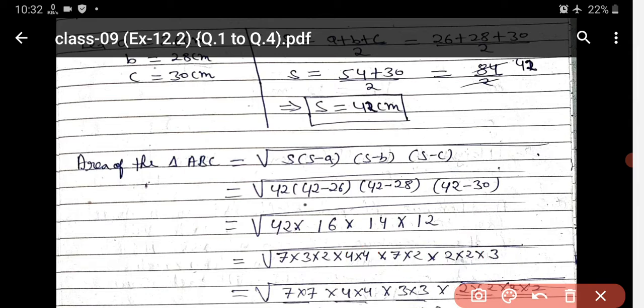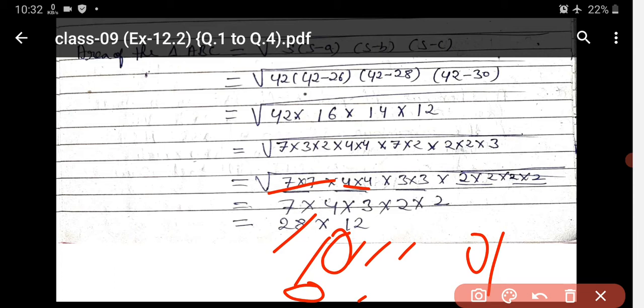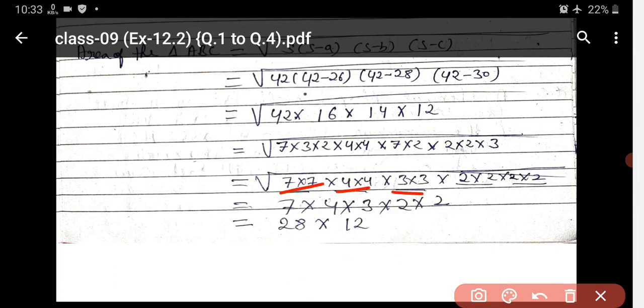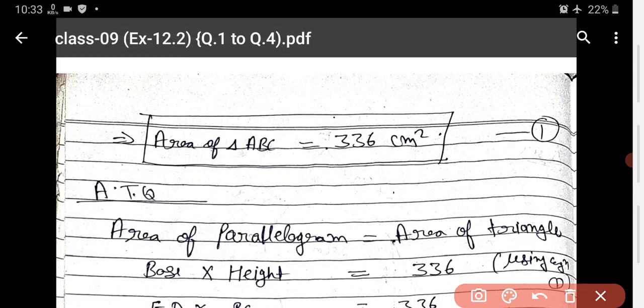Now just make pairs. One 7 and another 7, write 7 7 together. One 4 and another 4, 4 4 together. One 3 and another 3, 3 3 together. And 2 2 2 together. One 2 more, total four 2s are there, okay, just write 4 2s together. Now just make pairs. One pair of 7, one pair of 4, one pair of 3, two pairs of 2. Now just write one of each outside: 7, 4, 3, 2, 2. Now just multiply. 7 fours are 28, 3 twos are 6, 6 twos are 12. 28 multiplied by 12. When you multiply you will get here area of the triangle ABC is equal to 336